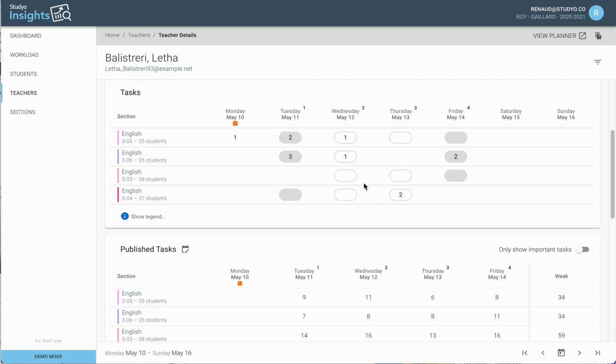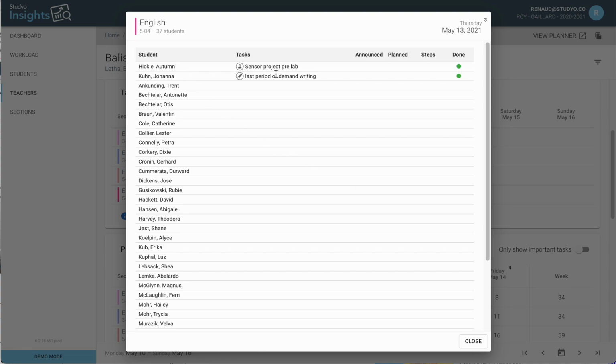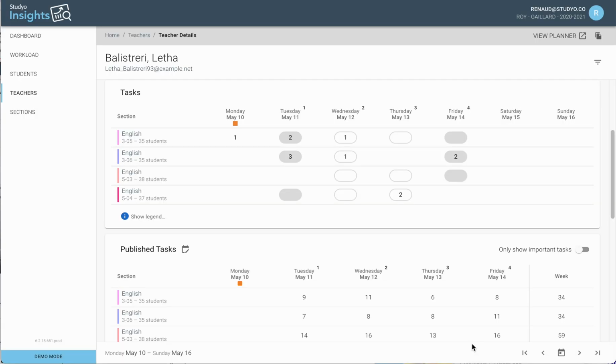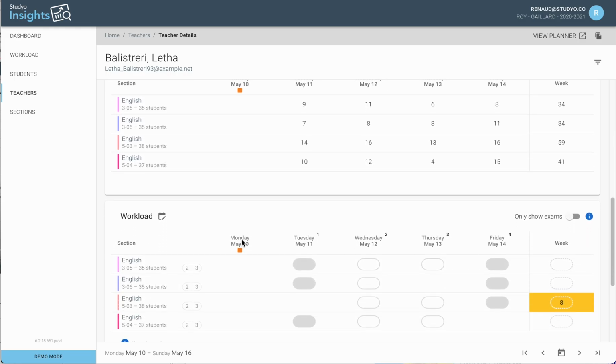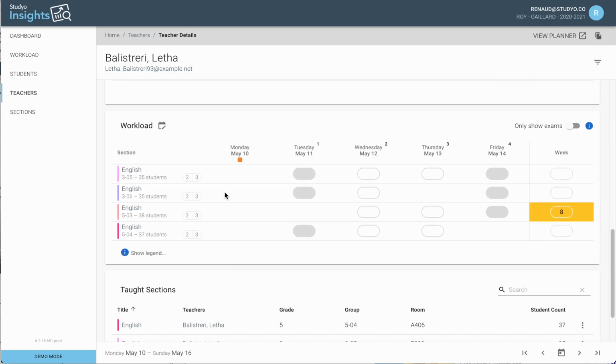Now, when you have a number like this, it shows you how many students have added a task, and if I click here, I'll see 2 students have entered a couple of different things. If you're requiring students to enter their own homework, this is very useful to make sure who is actually entering homework or not. That's a quick overview of that part, but the one that's usually the most important is the